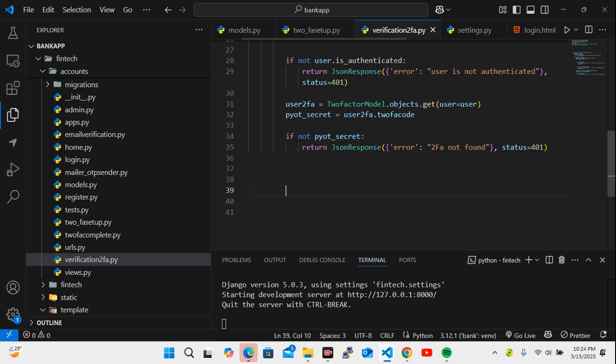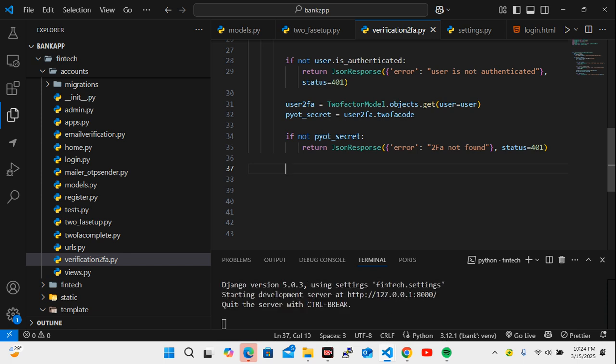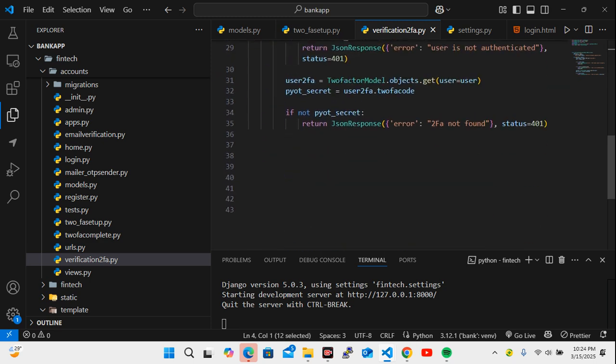Then next we are going to verify this. If you recall, I mentioned earlier about how to verify this from the package. So let's import that. Okay, we're already importing it here. So let's make use of that. So here we're having